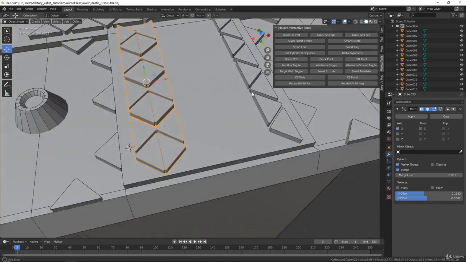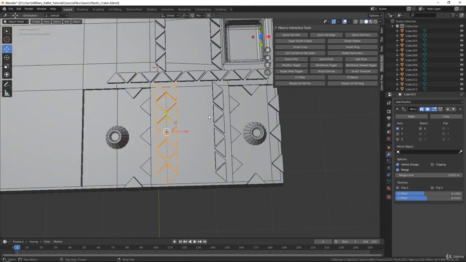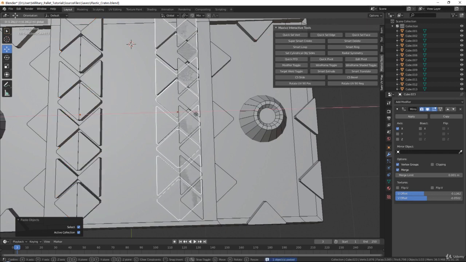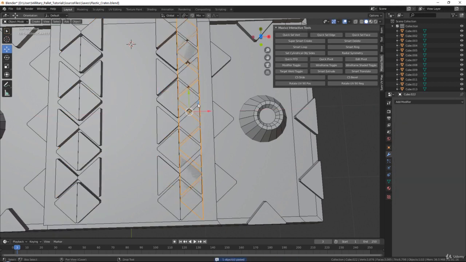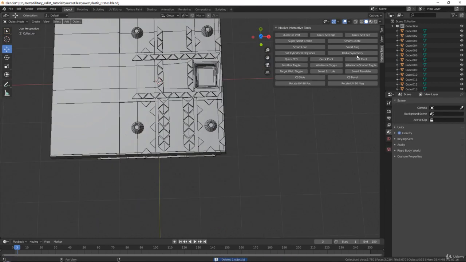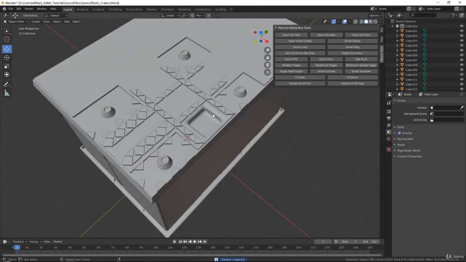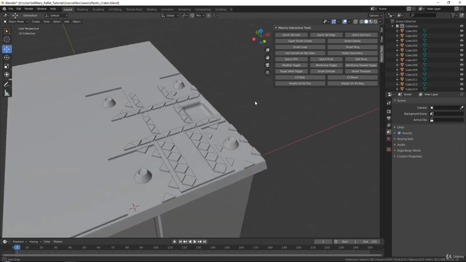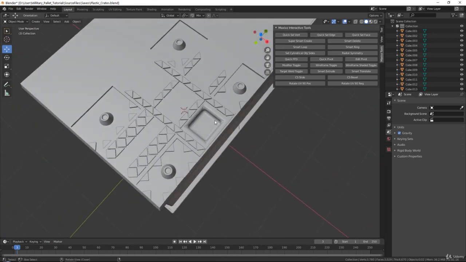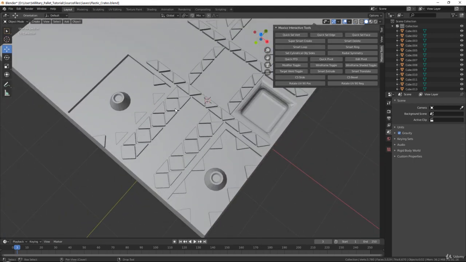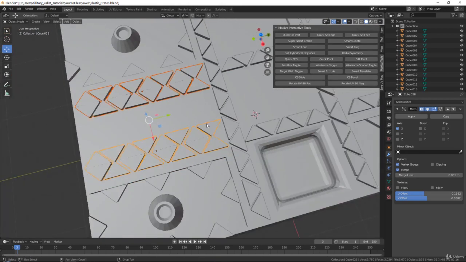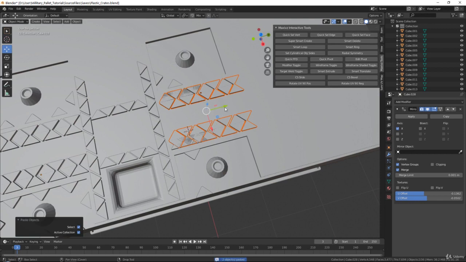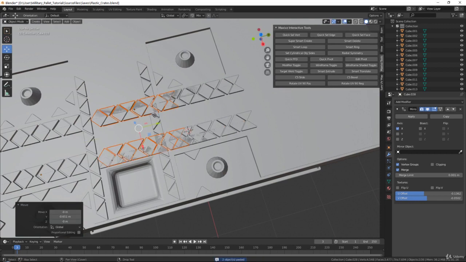Now, I'm not sure, do we want this? We can just test it out. So if we just quickly duplicate this, place it over here and just delete this. And then just look at it. Let's turn off the wireframe toggle from a distance. So it does break things up a little bit more interestingly. So if we would have one over here and then one over here,